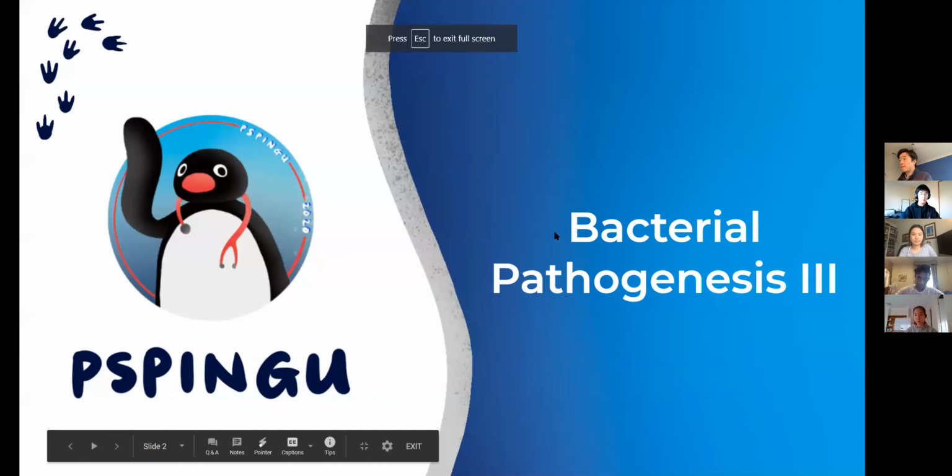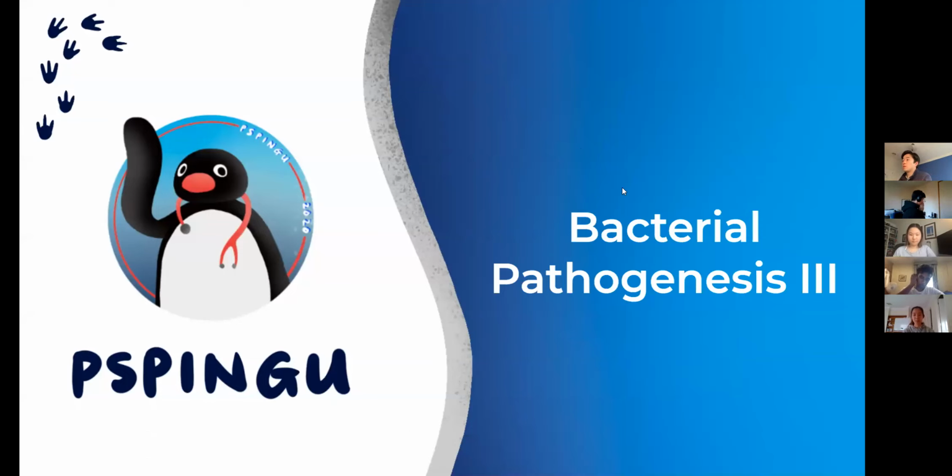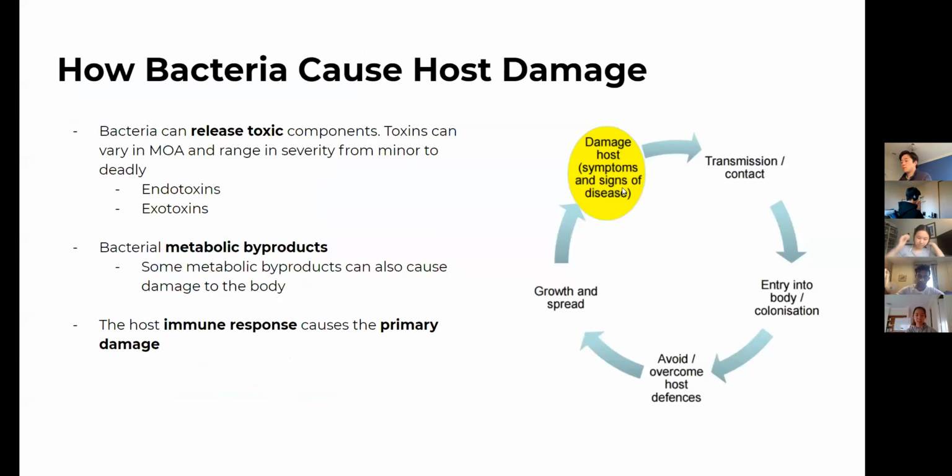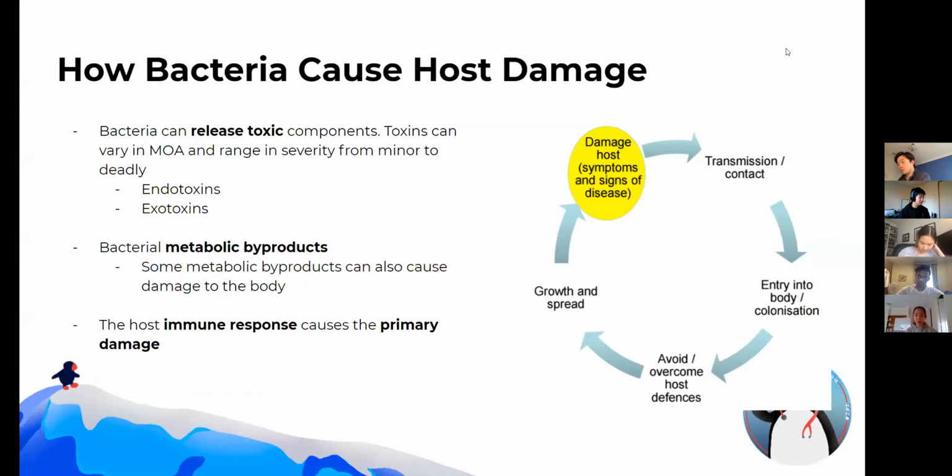So going through Bacterial Pathogenesis III, which I'm pretty sure is the last one in your series of Bacterial Pathogenesis lectures. In this one, we're going to focus on how the bacteria actually cause damage to the host. In previous lectures, you would have gone through the whole infectious cycle. Now we're at the stage where the bacteria is in our body and has colonized it, but how does it actually damage the host to cause the symptoms and signs of disease that we use to diagnose the patient? The main thing we're going to look at today is the fact that bacteria can release